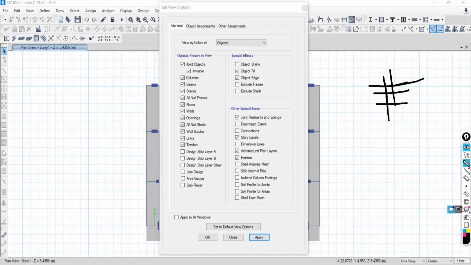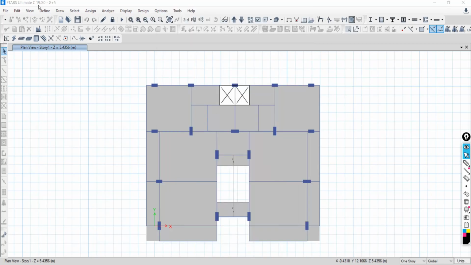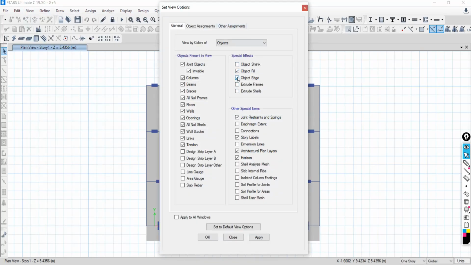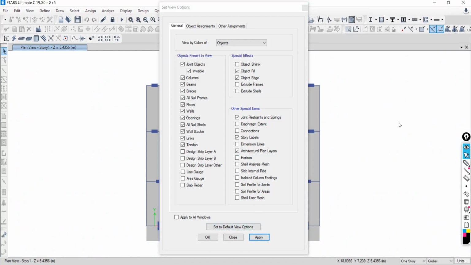Yes, sir. So if you want to enable this grid, what you have to check is horizon. How can you see this window? Go to view, go to set display option, and under set display option in the general tab, check the horizon option, say apply. So this will be available. If you turn this off, nothing will be there. So would we like to work with the blank, or would you like to keep the grids? Tell me fast. View, display, general, horizon, tick horizon.